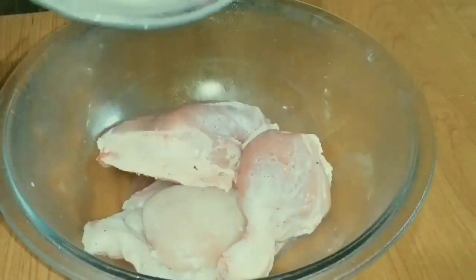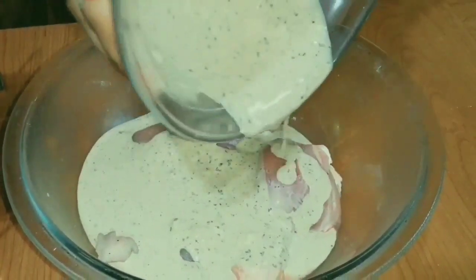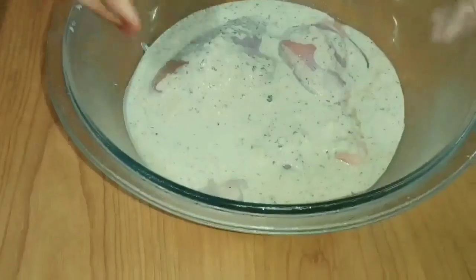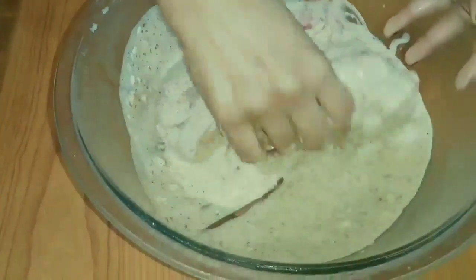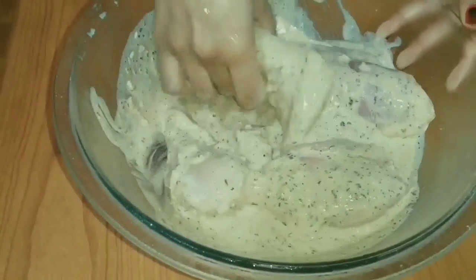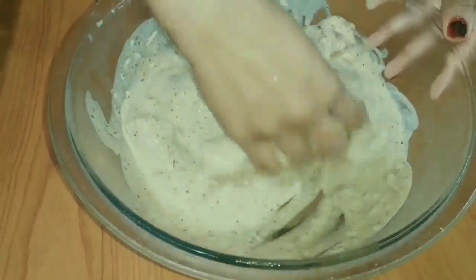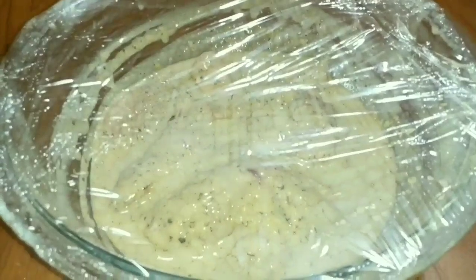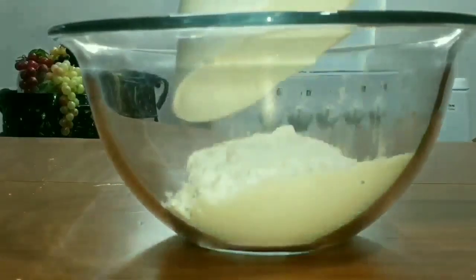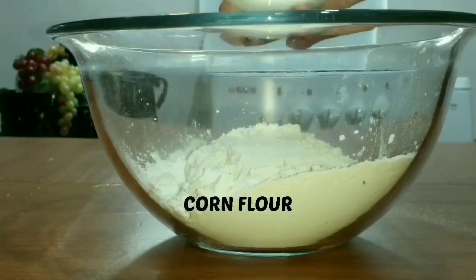Now pour the mixture over the chicken and let it sit for 5 hours. Next, add an all-purpose flour into the bowl, and then add in corn flour